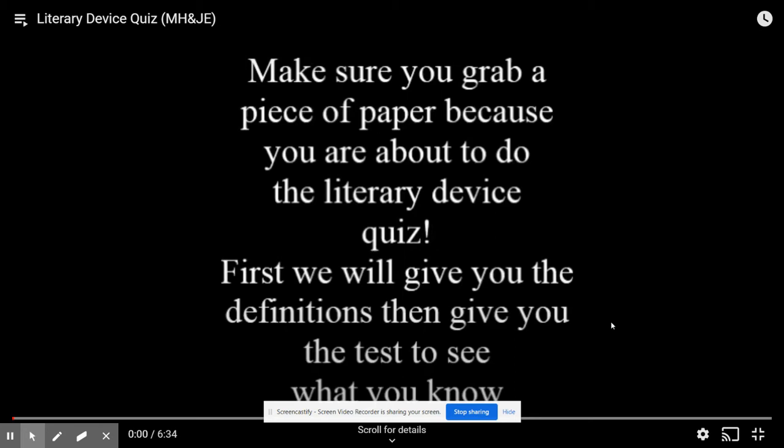Stereo Hearts. So for this, make sure you grab a piece of paper because you're about to take this review EdPuzzle, and we're going to first give you the definitions and then give you the EdPuzzle questions to see what you know. Okay, I will say that there is one term that we're not as familiar with, which is a